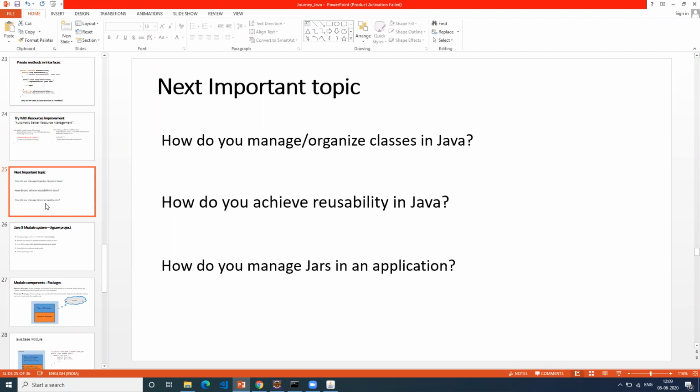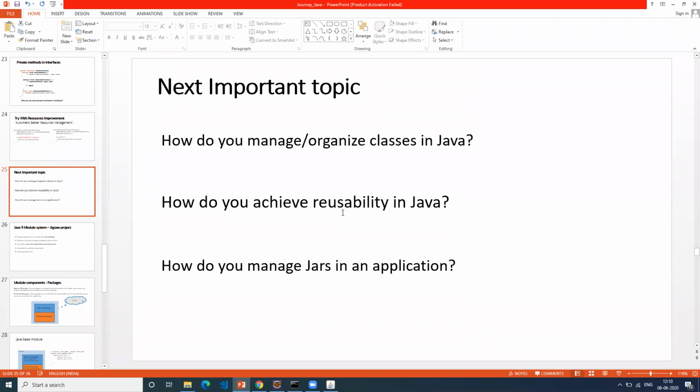I'm asking these questions because the next topic I'm going to cover will help you. So the main intention is, how do you achieve reusability in Java? The answer is inheritance, which can be class inheritance or interface inheritance, as well as polymorphism.